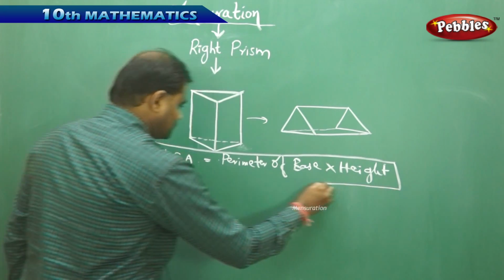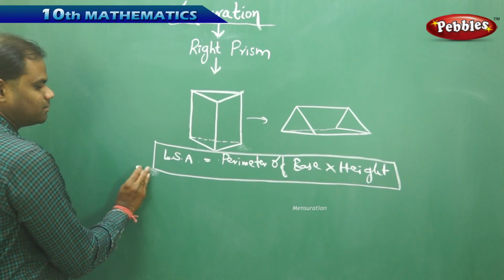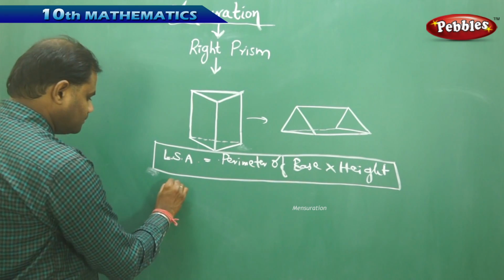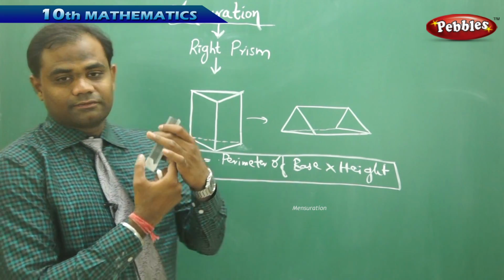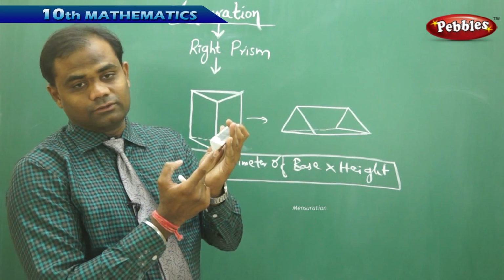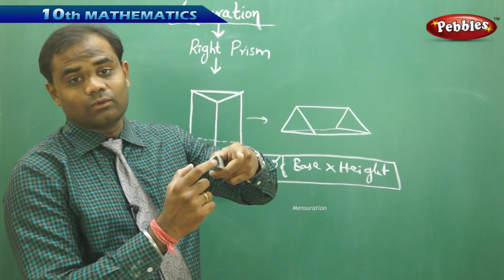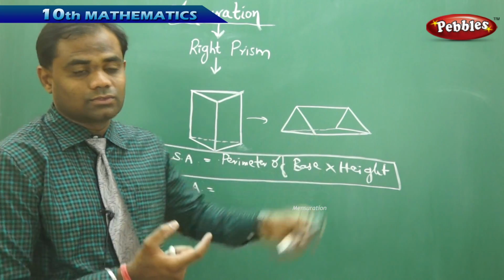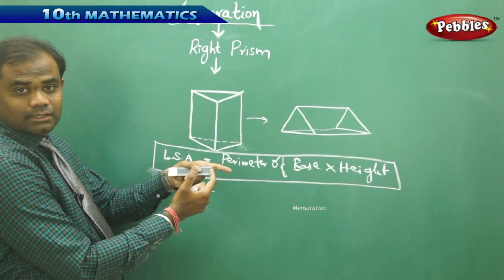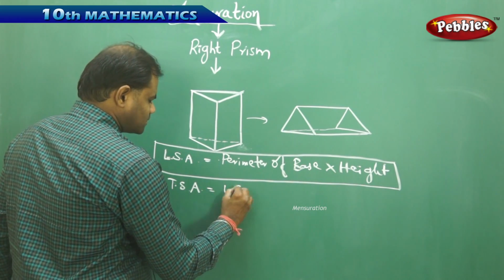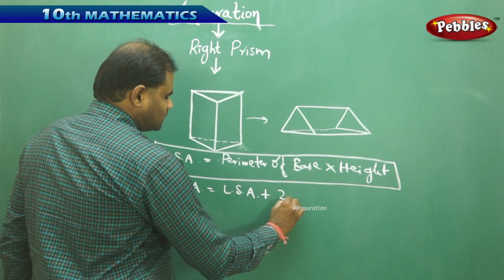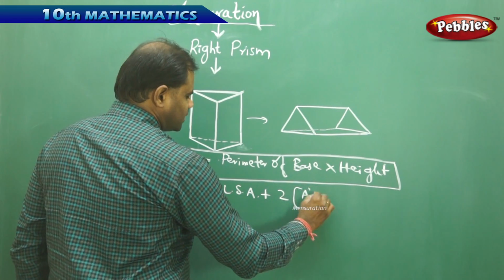So when I have the lateral surface area, it is perimeter of base into height, and the total surface area is the lateral surface area plus the area of the 2 end surfaces, that is N1 and N2. So therefore, with these 2 ends, N1 and N2, I have the total surface area, which is lateral surface area plus twice area of